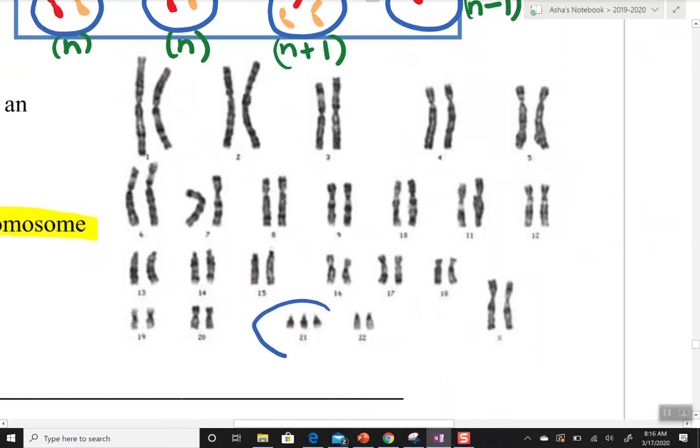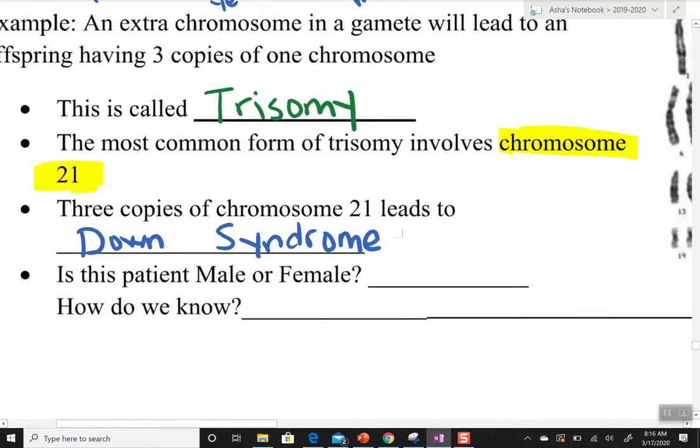If you could see in the 21st chromosome here, you have 3 of the 21st chromosome. Chromosomes number 1 to 22 are the somatic (autosomal) chromosomes. And then your 23rd pair is either your X or Y, your sex chromosomes, right? Because you have 2 chromosomes for the X, that's going to show that this